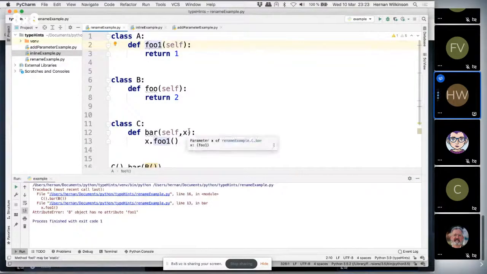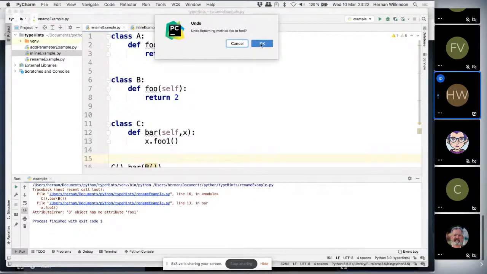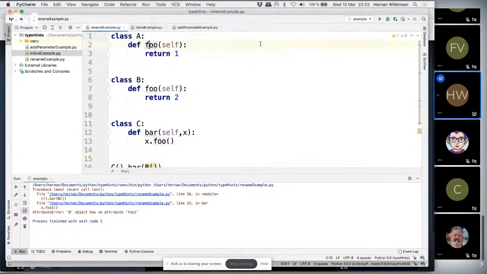This is a very common mistake, a common error that we have when we're doing renames and refactorings in dynamically typed languages, because we don't know exactly which messages have to be renamed, which message sends. So if we add type information here in the parameter x, and we say that it's of type B, now if I rename,